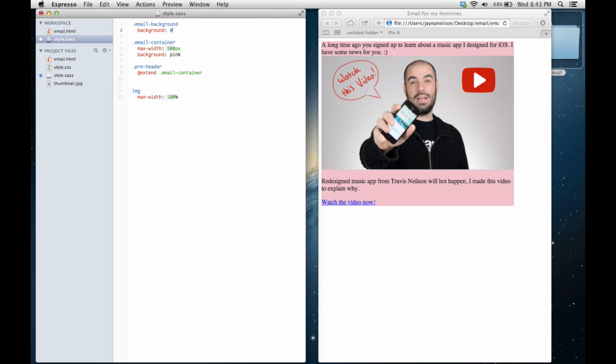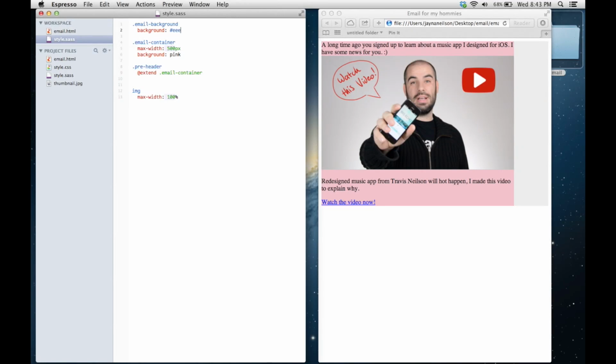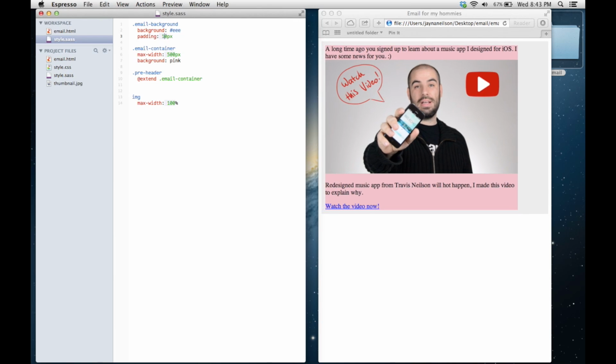I'm gonna make it, I'm gonna give it some padding. Why am I giving it padding? Yeah, I'm gonna give it padding. 20 pixels? No, not 20. 10. Yeah, that's good. And then I'm gonna make this